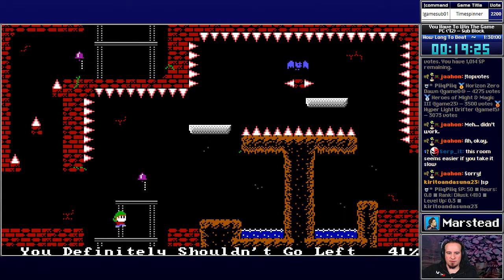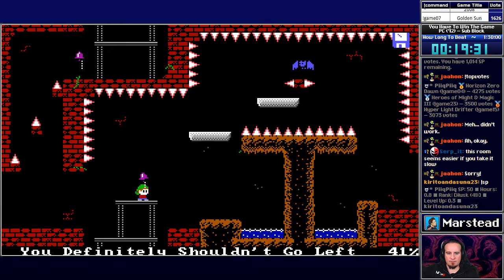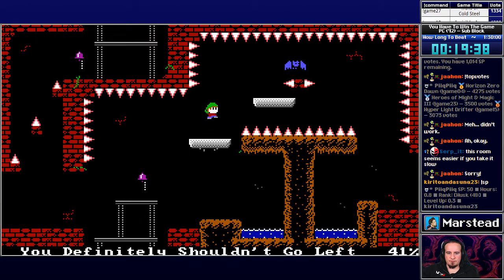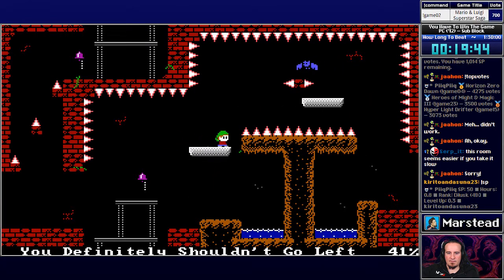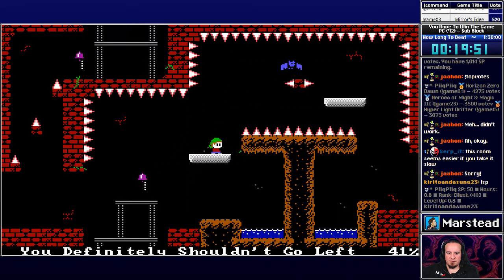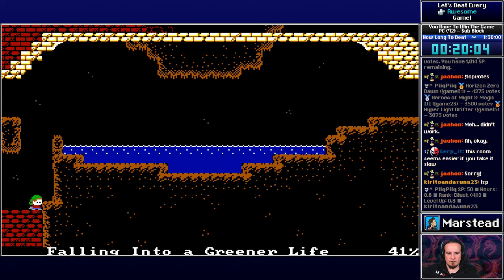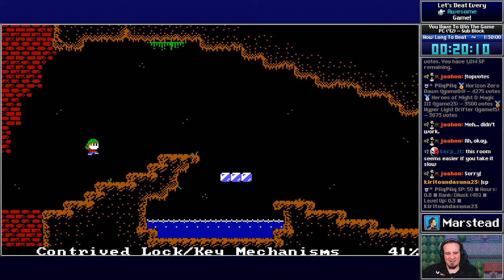Definitely shouldn't go left. Them out of phase with each other, right? I got lucky here my first pass through. I don't think I had to really pay attention last time. It's still a tower, even with a double jump. That's so mean. I get it, but...